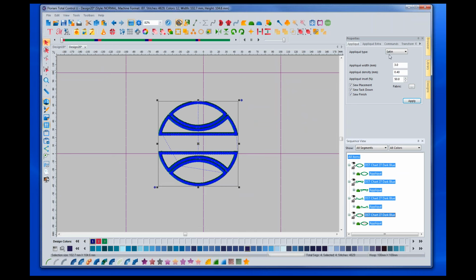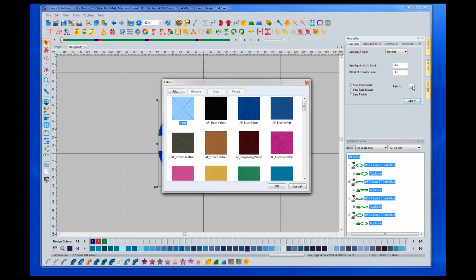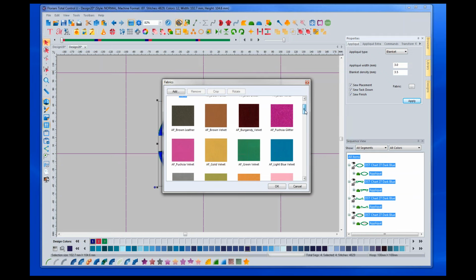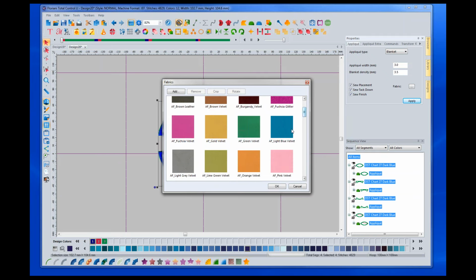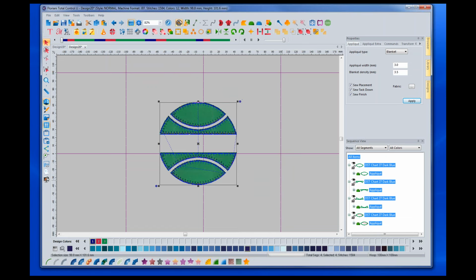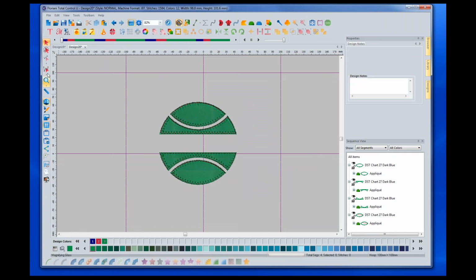I'm going to go up to my Properties box. I want it to be a blanket stitch, and I want to choose a fabric. Now, I don't have a lime green color, so I'm just going to choose this green velvet color right here and apply it to it. So you can see that I've created this applique design, and I have it split out here because I want